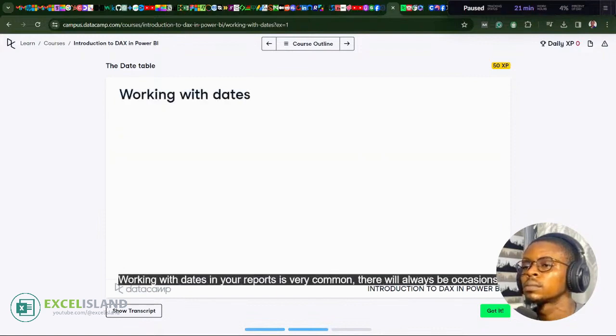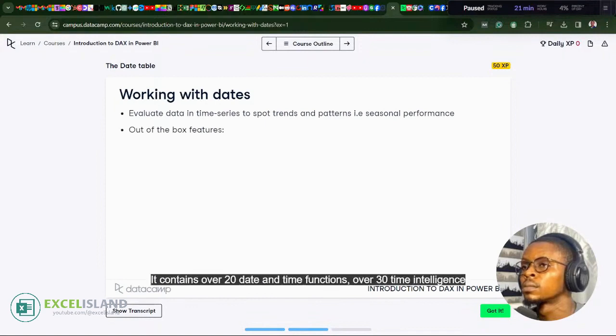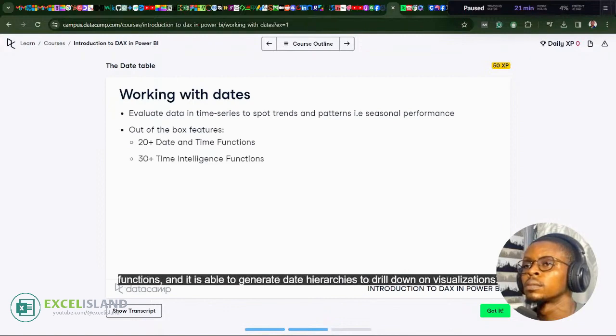Working with dates in your reports is very common. There will always be occasions where we need to evaluate data in a time series to be able to spot trends and patterns. Out of the box, DAX has useful functions and features that support working with dates. It contains over 20 date and time functions and over 30 time intelligence functions, and it is